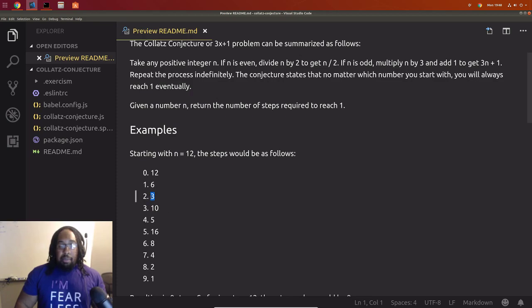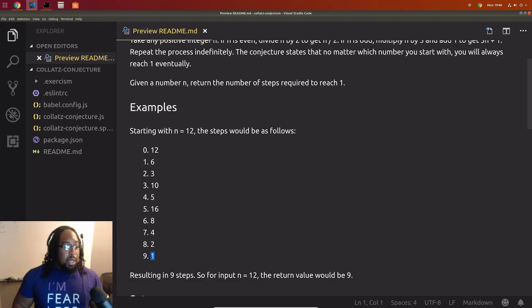3 is odd. So this is the first time that we are going to do something other than divide by 2. We are going to multiply by 3 and add 1. 3 times 3 is 9, plus 1 is 10. So that's how they get to the third step. And you can see here on the left, they're counting up the steps. And then that's even, divide by 2, so you get 5. 5's odd. Multiply by 3 is 15, and you add 1 is 16. And then divide that by 2, divide that by 2, divide that by 2, divide that by 2, and you always get 1. Very interesting. Cool. So we want to be able to do that and be able to count the steps here.